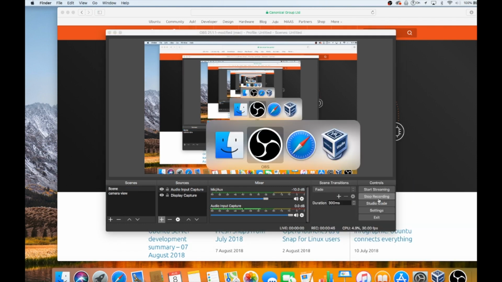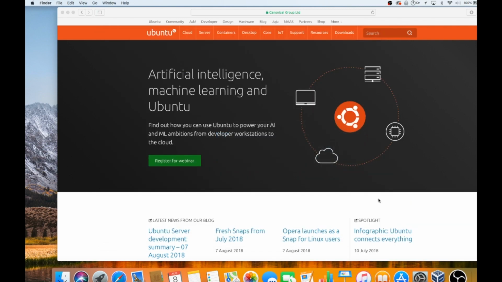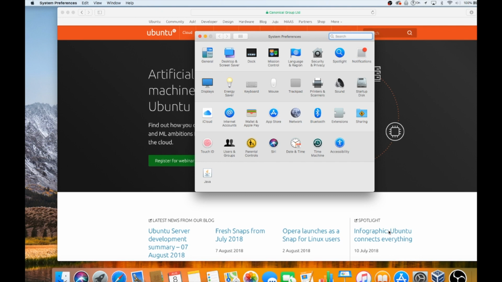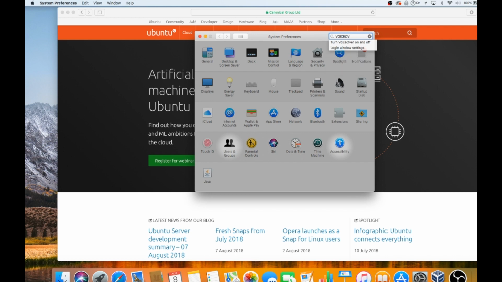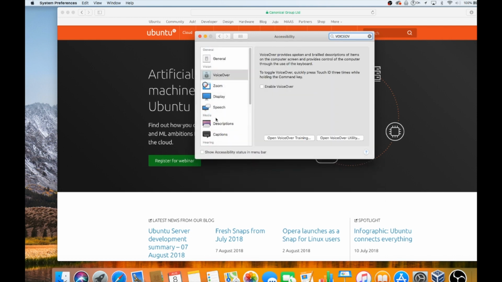Okay, so the first thing to install Linux Ubuntu, you're going to go to ubuntu.com. What I'm going to do is turn on VoiceOver so that we can do everything with VoiceOver until we get to Ubuntu. Then we'll turn VoiceOver off. That way we'll make everything fully accessible. So I'm going to do this. I'm not using the shortcut because I